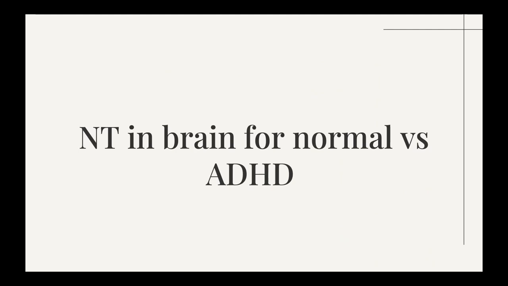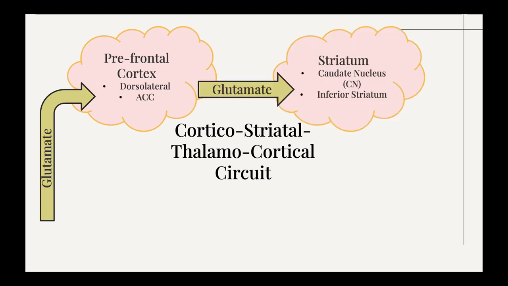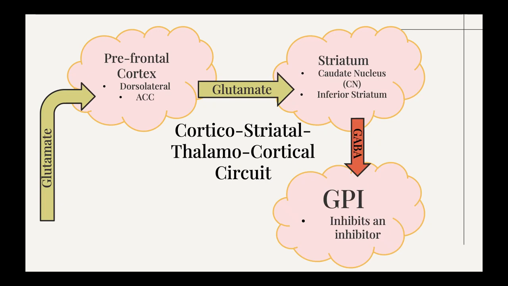So, how does this all tie into our CSTC circuits that we briefly mentioned earlier? Well, let's start with the prefrontal cortex, or the PFC, which will receive glutamate signals and gets excited. This causes the prefrontal cortex to send glutamate signals to either the DLPFC or the ACC, which then is excited and glutamate signals will be sent to the striatum, either the inferior striatum or the CN. However, instead of releasing excitatory neurotransmitters, it releases an inhibitory neurotransmitter, GABA, to act on GPi, which is short for